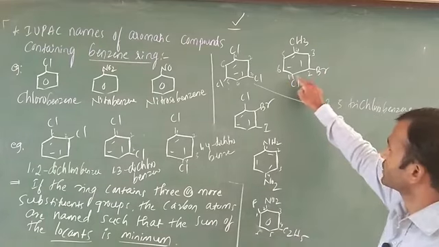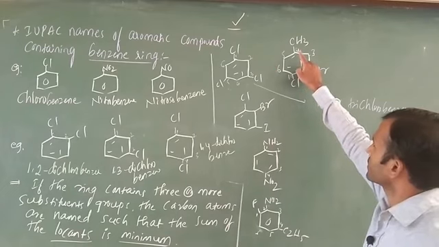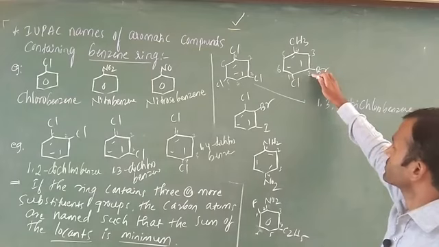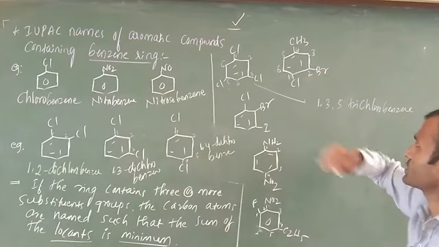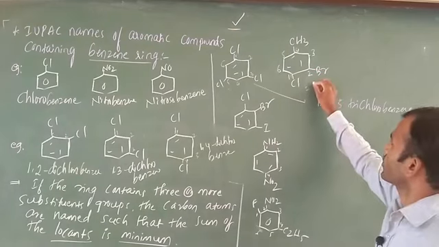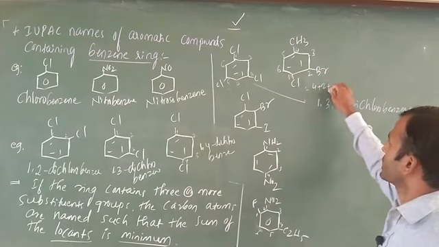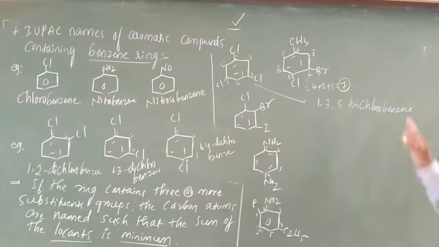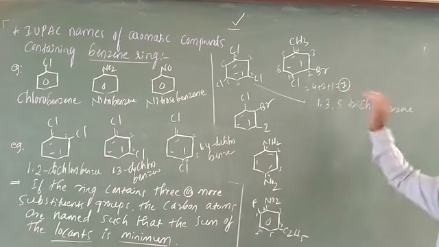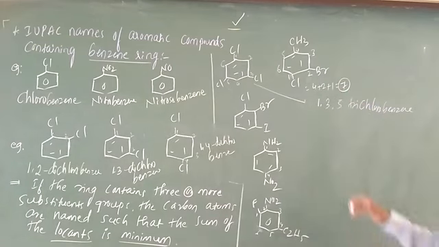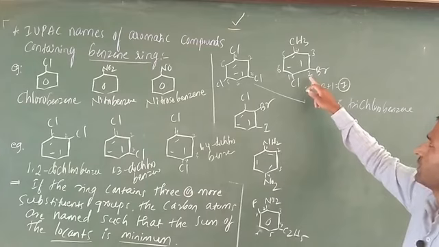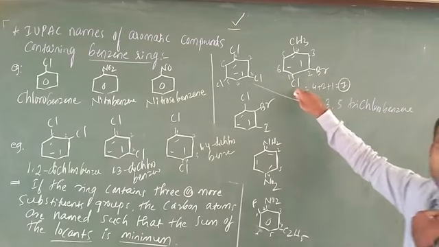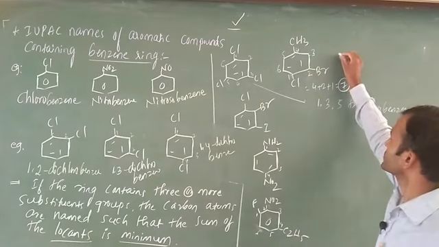Now you have to add the locants: 2 plus 1 is 3, next here 4 is there, 4 plus 2 is 6, this one is 7. Totally the sum of the locants is 4 plus 2 plus 1, totally 7. This sum of the locant numbers is 7. Now, what is the IUPAC nomenclature you have to write? Here bromo is there, and chloro is there. According to alphabetical order, which one will come first? Obviously bromo. That is why in this case, what is the position?